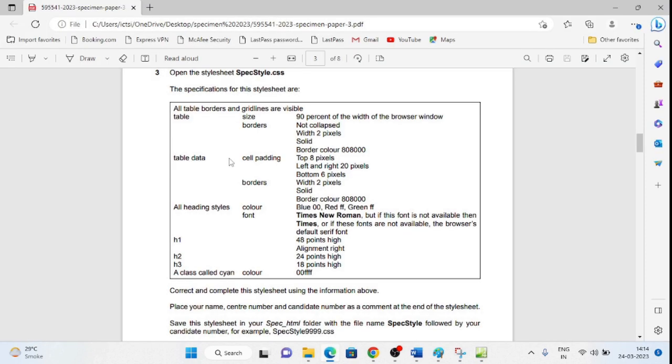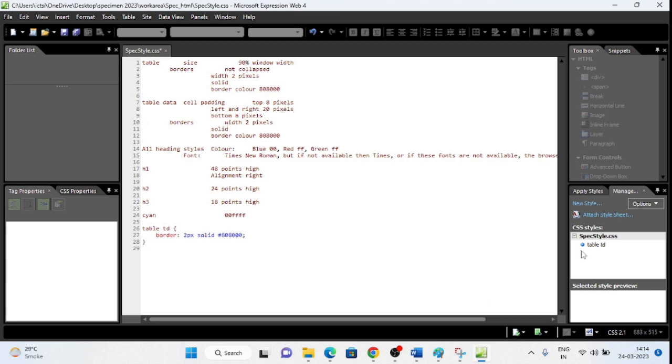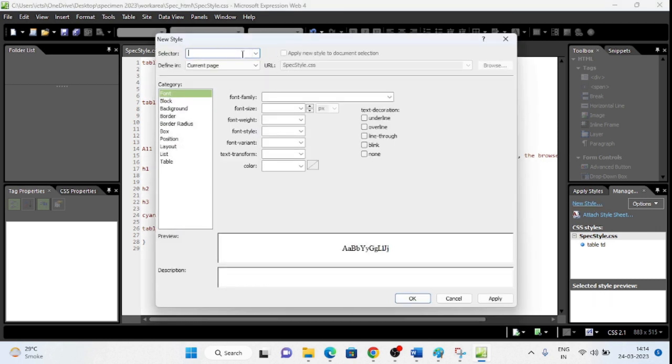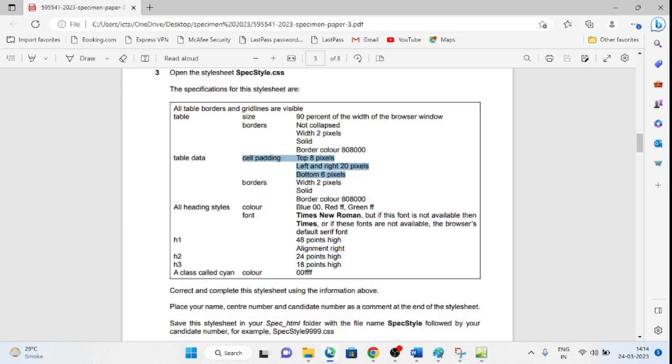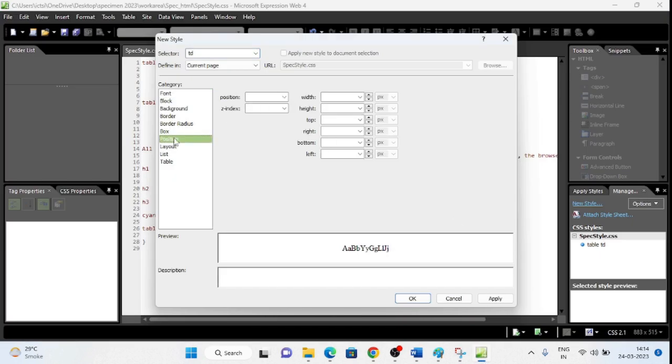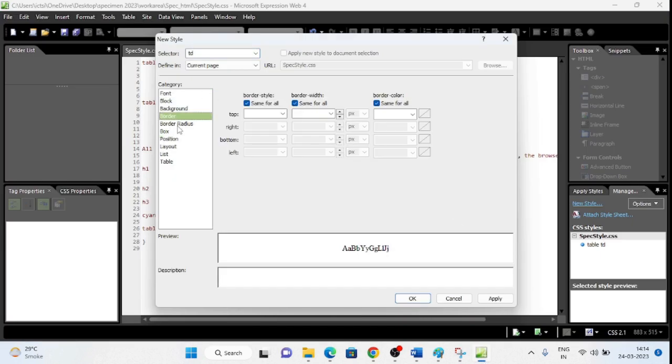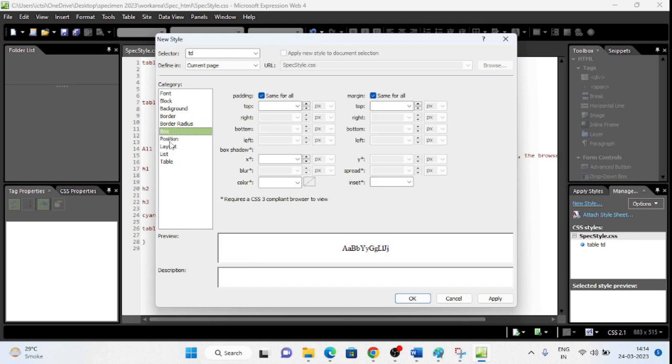Now next thing here is table data. So cell padding, these all were not in the table, right? So a separate td style we will create for this. So again new style, td, and now cell padding, top should be 8 pixels, left and right should be 20 pixels. Okay, so for padding you will get the option in this box.